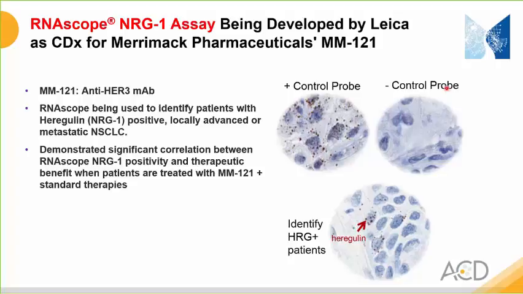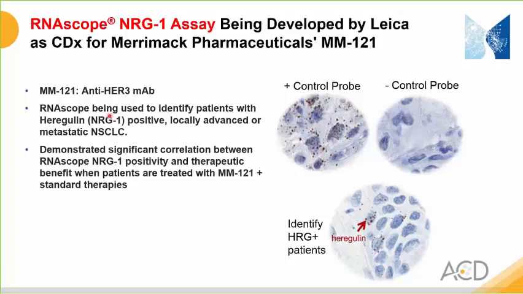And in this slide here, I wanted to illustrate the strategy that Merrimack is using to stratify a group of lung cancer patients that they're considering for treatment with the MM121 treatment, which is an anti-HER3 monoclonal antibody. They're using the RNAscope assay for a biomarker called heregulin, or NRG1, to stratify patients for treatment with this anti-HER3